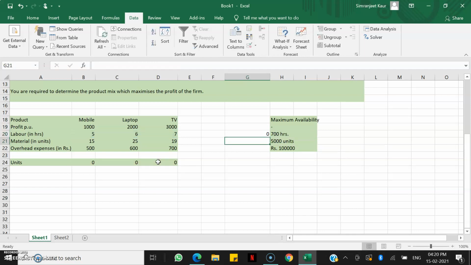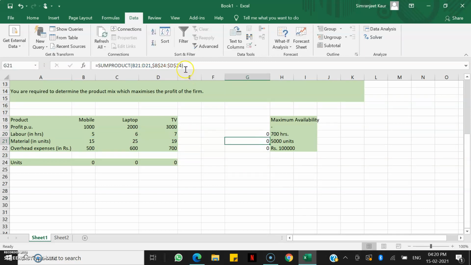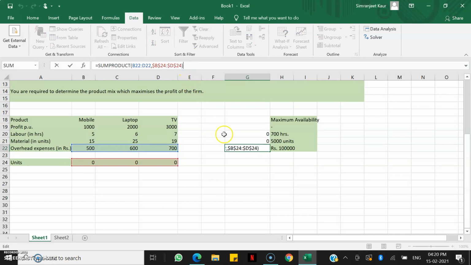I'll close the bracket and press enter. Now what I can do is I'll just drag down this formula. Now if you see in the first one, if I go to the formula bar, by the colored cells or colored rows, you can see that it pertains to labor and units. Now if I go to the next one and I go to the formula bar, this pertains to material and units, and the third one pertains to overhead expenses and units. So now we have our three constraints.